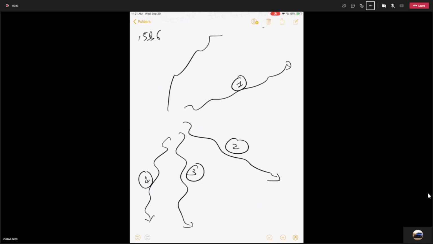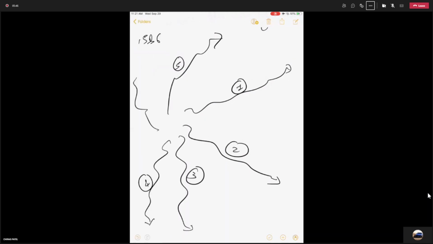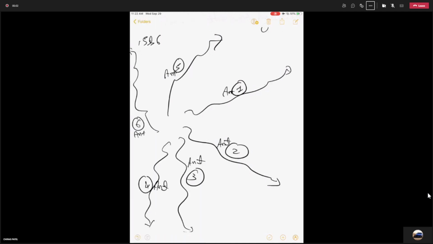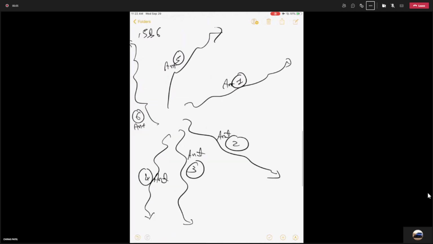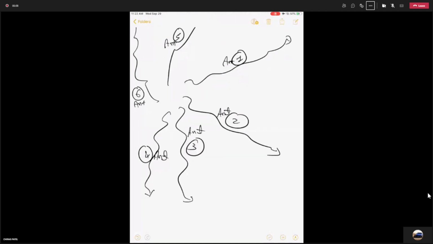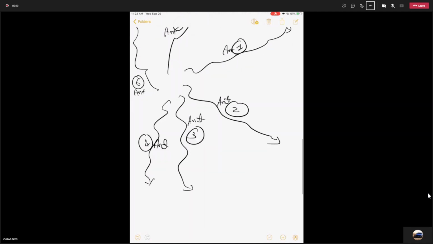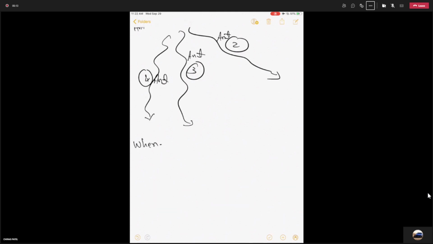This is your fifth ant. This is your sixth. So all are your ants. Assume that path number 6 is going out of the page, so we cannot find it. Okay. Whenever they go through the path,